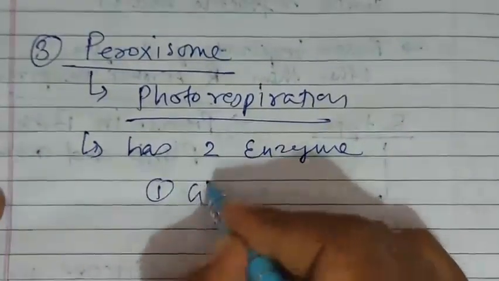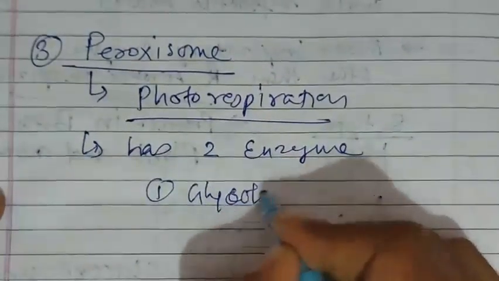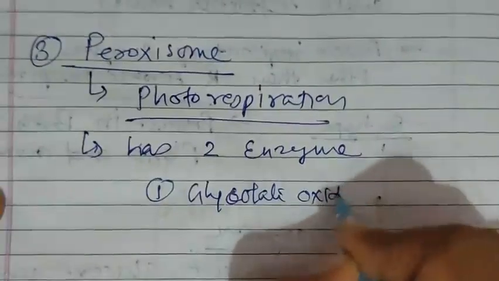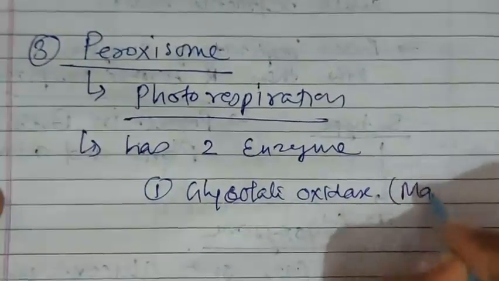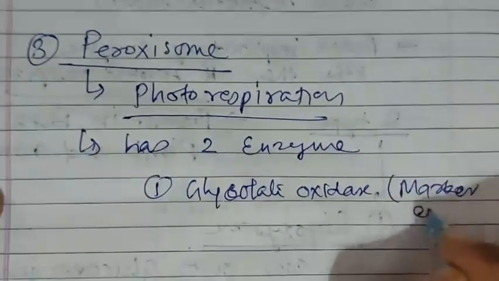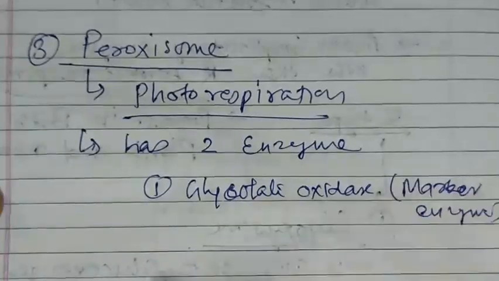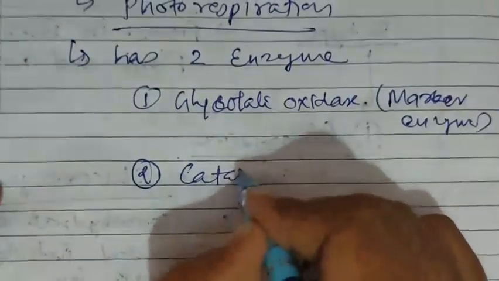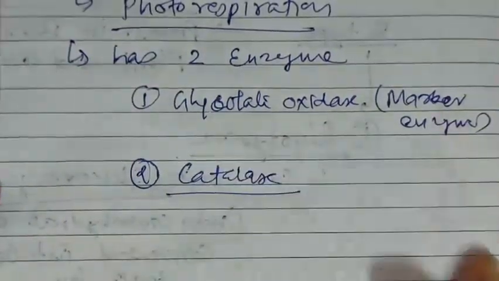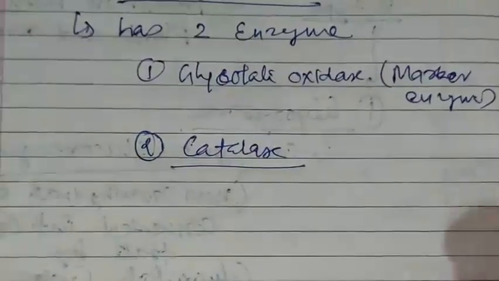One is glycolate oxidase, that is marker enzyme, and second catalase. Okay, so these two enzymes are present,